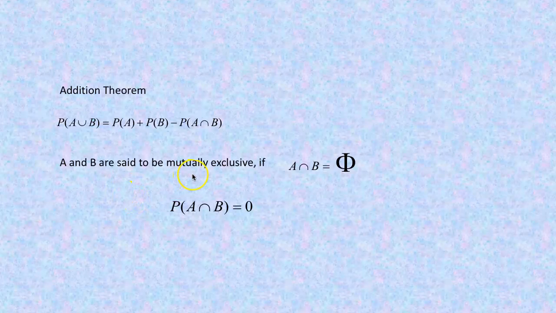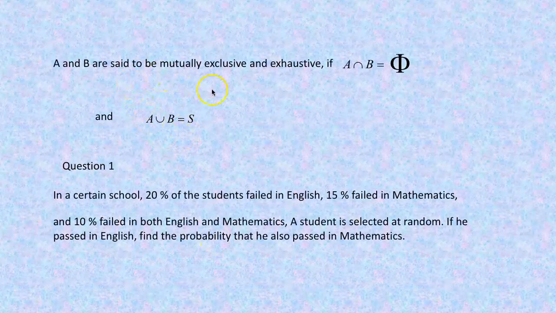A and B are said to be mutually exclusive if A intersection B is the empty set. That is, probability of A intersection B is 0. And A and B are said to be mutually exclusive and exhaustive if A intersection B is empty and A union B is S. So coming to problems, in a certain school, 20% of the students failed in English, 15%